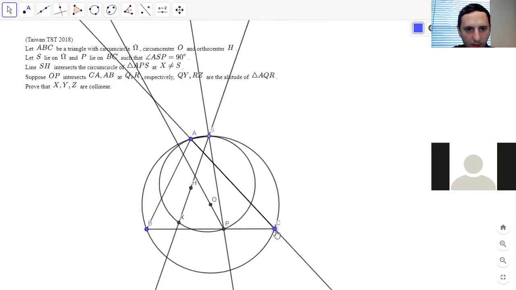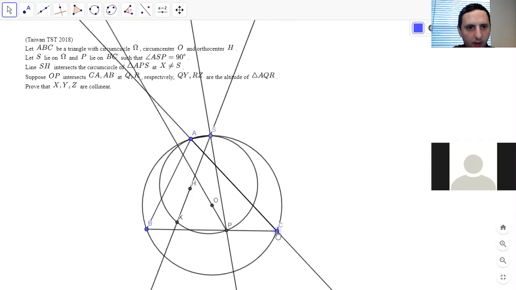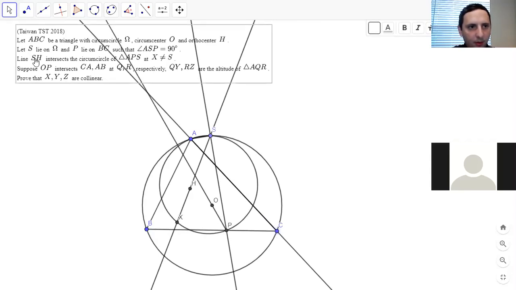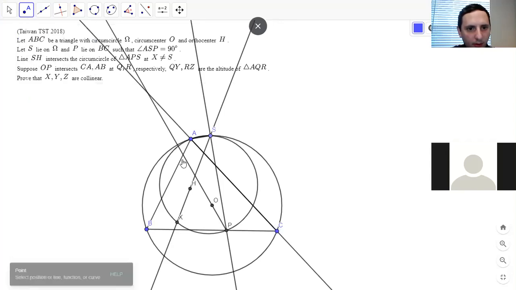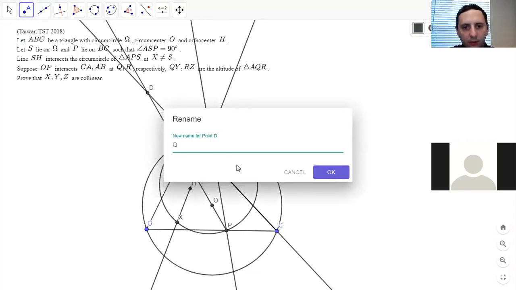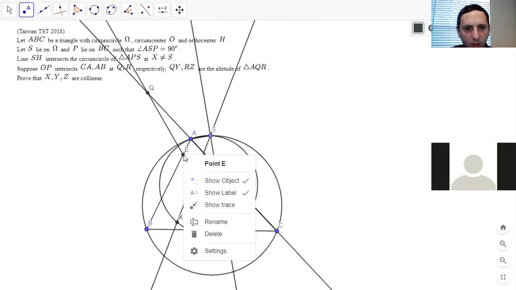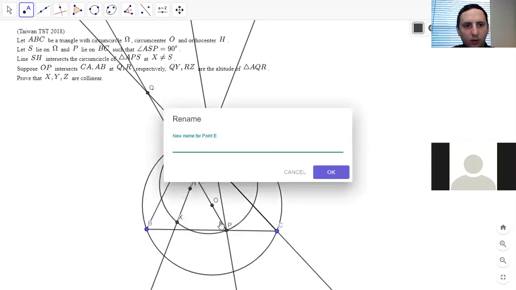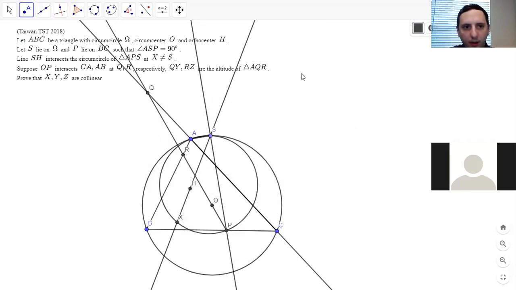There, I kind of like that. So I want to label it intersects CA at Q and AB at R. That's Q, that's R, and